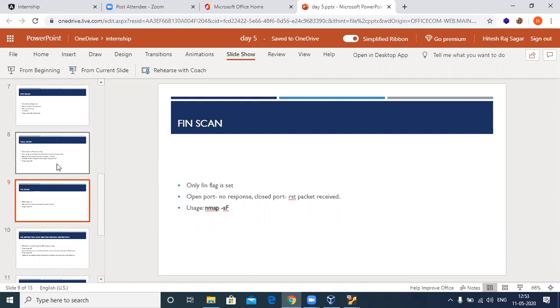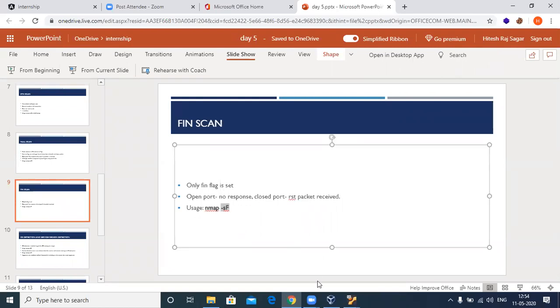That is the difference between a null and a FIN scan. But the response will be very similar. If the port is closed, it will receive a reset packet. If it's open, there won't be any response from it, and the usage will be tagged as F.